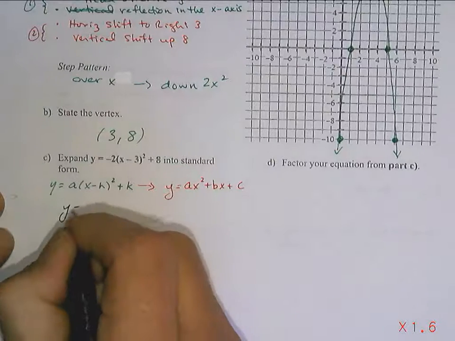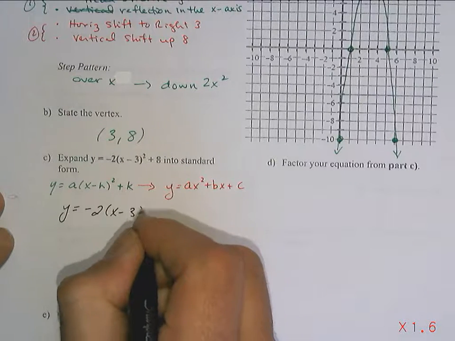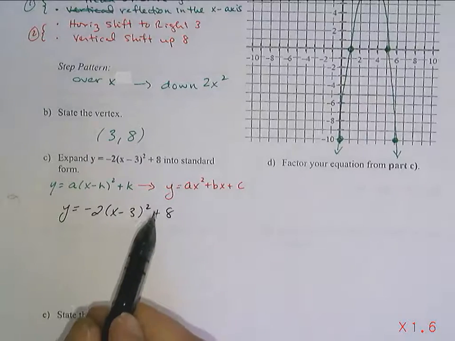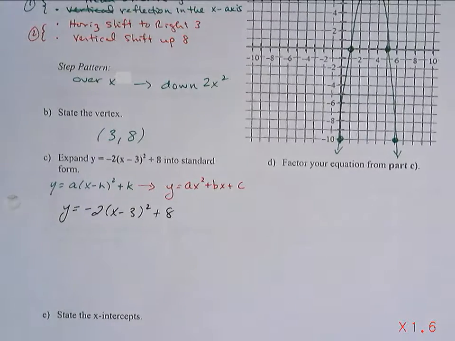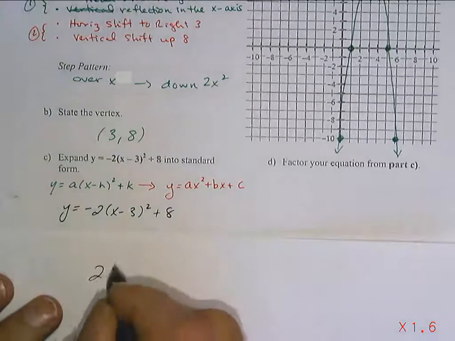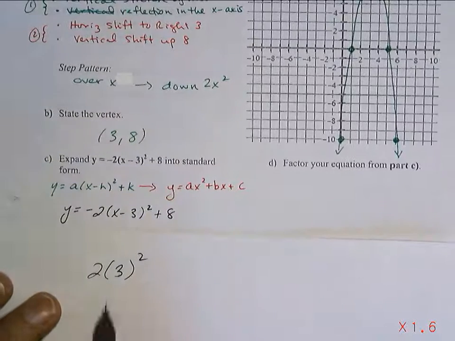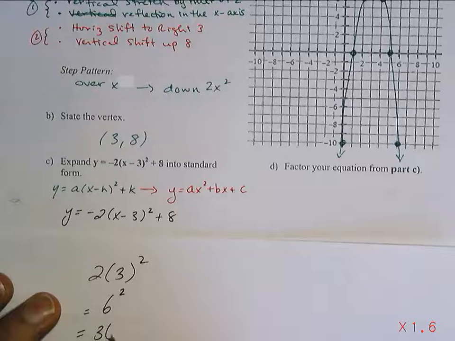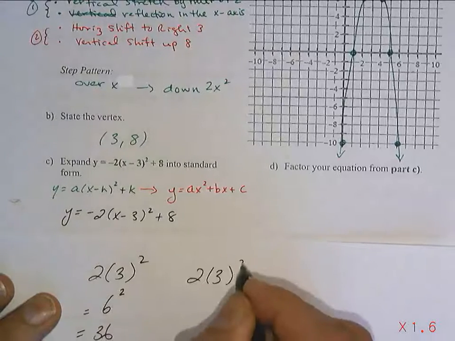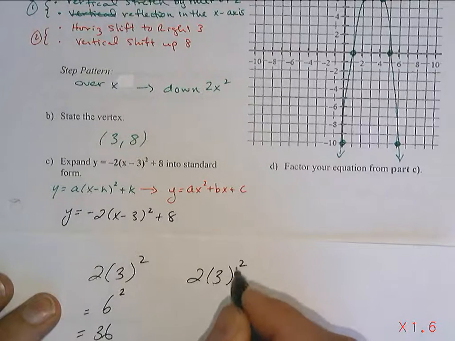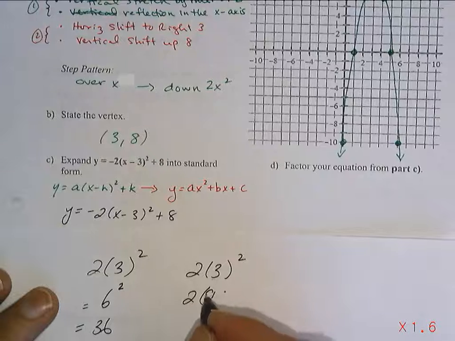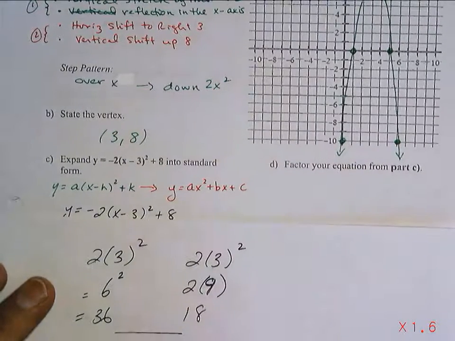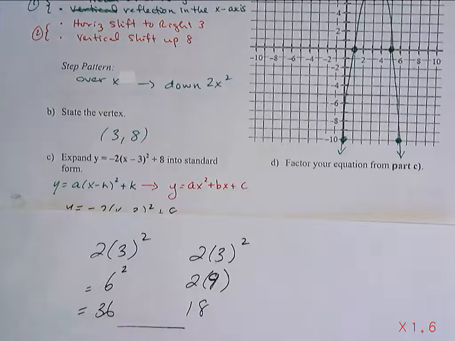So we're going to start with, and we're going to think. We're not going to take that -2 inside the brackets. That would be wrong. Let's think for a minute. What if I had a question that looked like this? 2 times 3 squared. Well, if you took that 2 inside to the 3 and got 6 squared, that would be 6 times 6 is 36. But if you do it correctly and do the exponents first, you get 2 times 9, which is 18. And there's a big difference between those two. Okay? So,